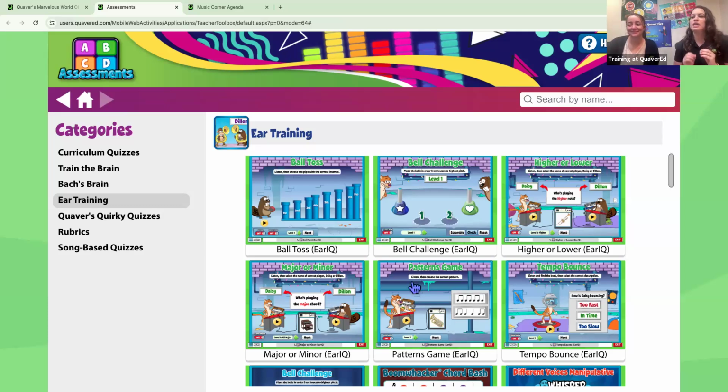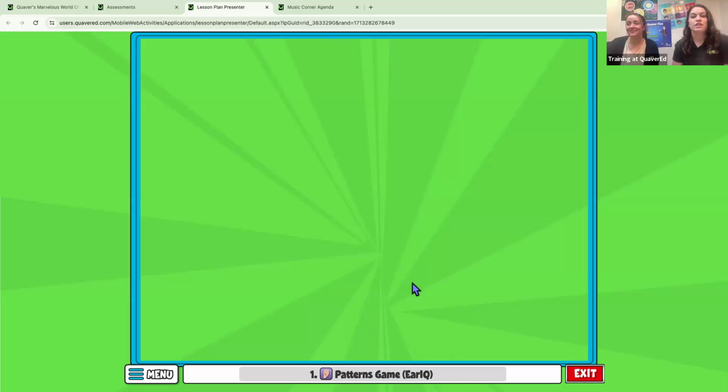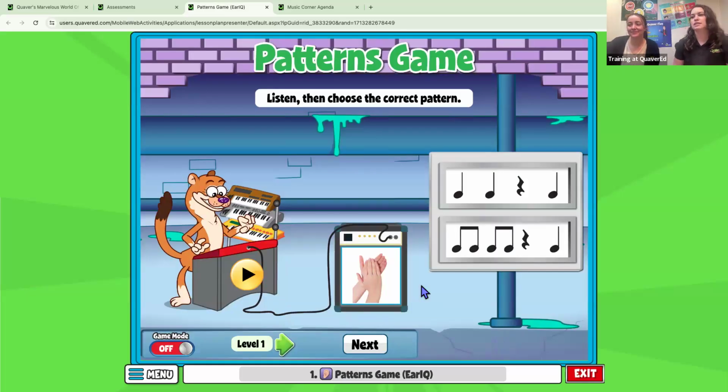So we're going to click into Patterns Game. This is one of them that's going to help us assess. I say ta, TT, and I say ta, toddy. But it's okay, we're still working on the same things. You can use your own rhythm counting system with this game. That's what I love about it. We have some options on the right-hand side of some rhythms that we're listening for. Maybe I would have my students pat these ahead of time to see what they would sound like, just as a little